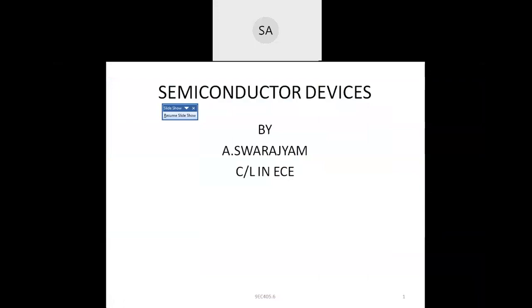So in the last lecture we discussed what is FET, the comparison of JFET and BJT, and the constructional working of n-channel JFET. So what is FET? FET is a unipolar device and it is a voltage controlled device in which the current conduction is controlled by the electric field applied, based on the voltage applied. In FET, the current conduction is only due to the majority charge carriers. So that is the FET.